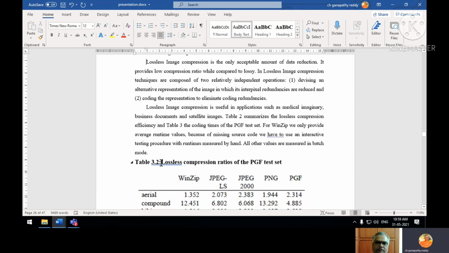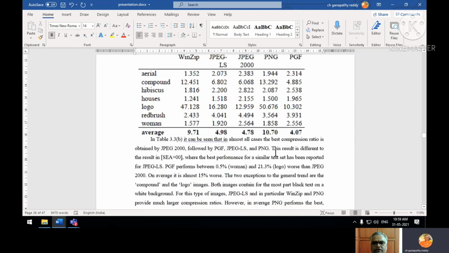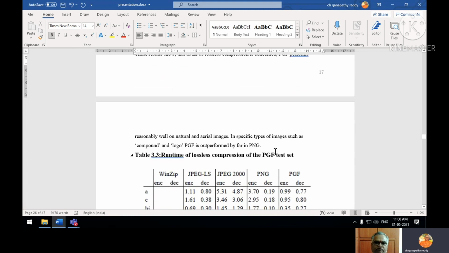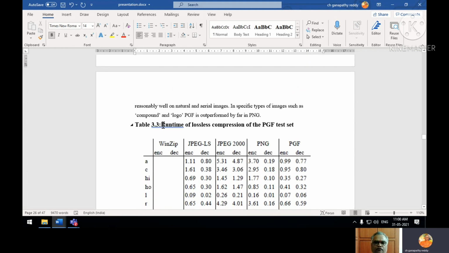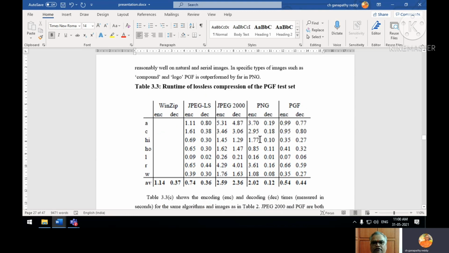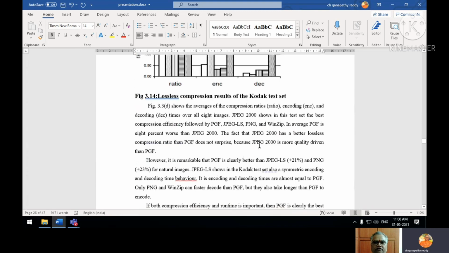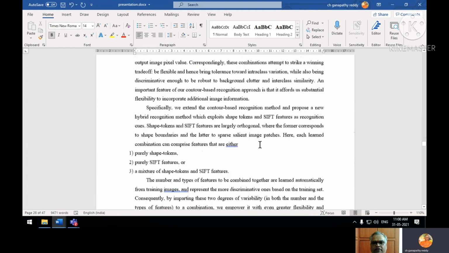So here a semicolon, one extra space needed, so that the green is eliminated, blue or green, whatever it is. This is the format. So here table, third table 3.3. So like that, I explained the table, the figure, the matter, and the alignment.